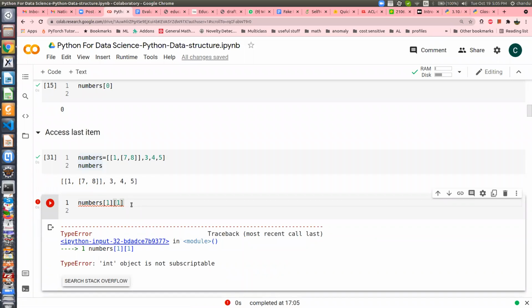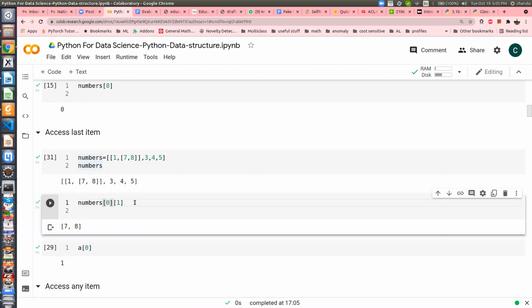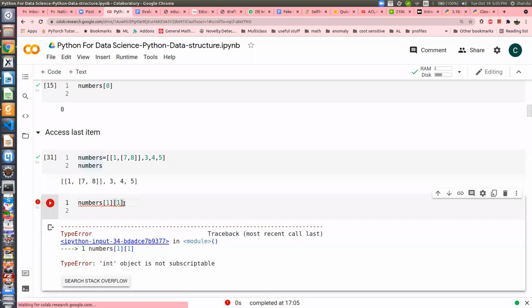0 1 0 1. Okay, so who is saying 0 and 1? So what went wrong? Let me show this one first. Sir, the bracket is already closed. So why did it return that? Sir, it went wrong because when we went to 1, there was no list inside that. It was only one number, 3.